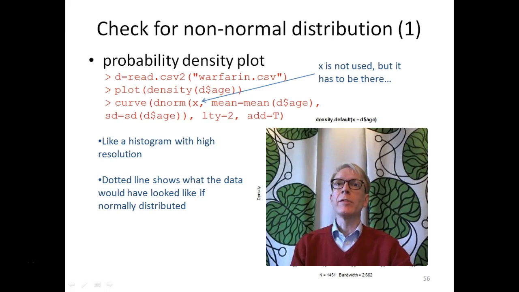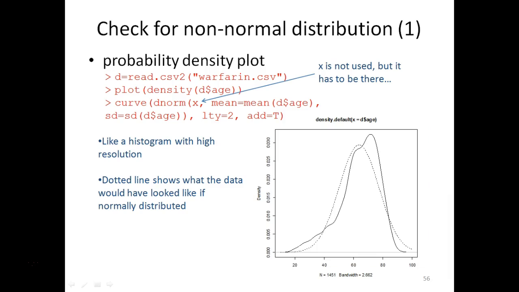Many parametric tests rely on the assumption of normal distribution, and when using these tests it might be a good idea to test your data for normal distribution, or actually non-normal distribution, to see that the assumption is met. One way of doing this is to make a probability density plot using the